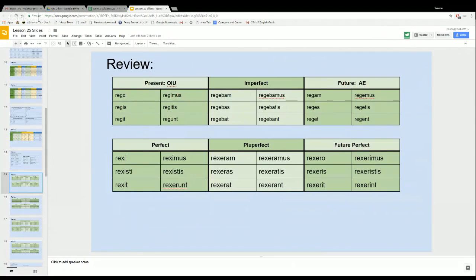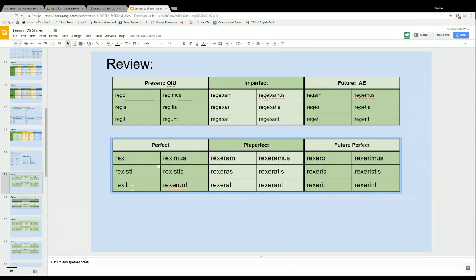Oh, I do want to go over these. Remember, for third conjugation, how do we remember the present? We remember the present by the vowels O, I, U in this order. So let's conjugate rego, all six tenses in the active voice. Ready? Rego, regis, regit, regimus, regitis, regunt, regebam, regebas, regebat, regebamus, regebatis, regebant, regam, reges, reget, regemus, regetis, regent,